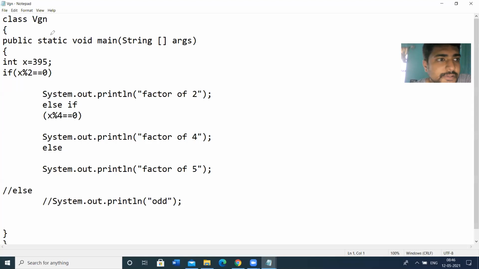We have a main class. We have a main method. And then I am initializing the x value to 395. I'm writing the if condition. If x modulo 2 is equal to 0, then print this statement. Else,